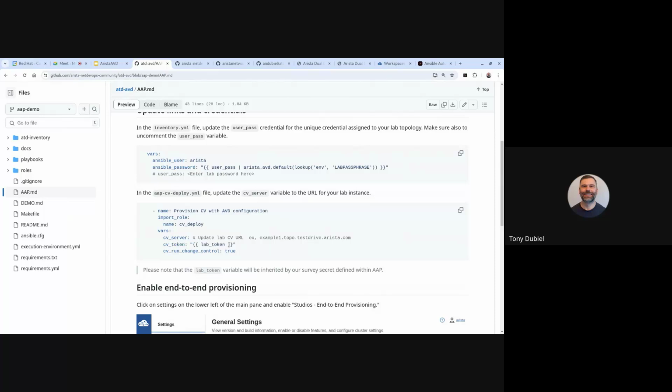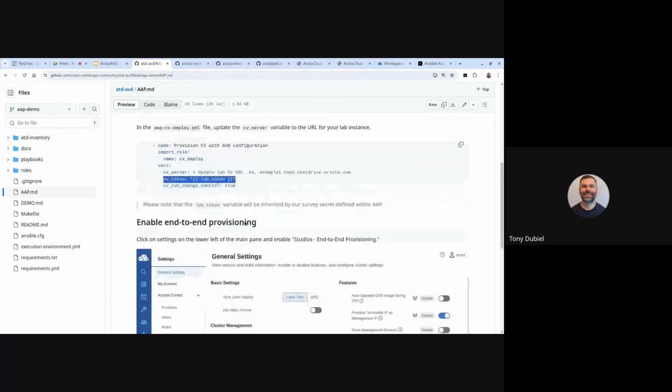In the directions, the option that's used is creating a self-service survey and making the token the default answer for that particular variable that you're defining in the survey. That's one way of doing it. I just did it as an extra variable as well, so the actual token is never saved into my repo. That's where you have flexibility in Ansible to define these variables where you feel the most comfortable. So there's the directions, and there are other ways of doing it too,